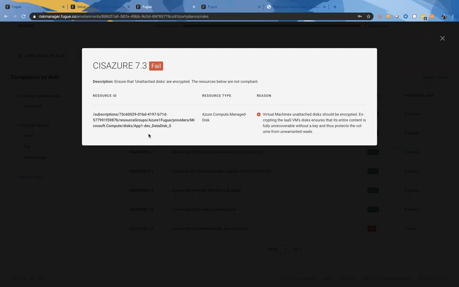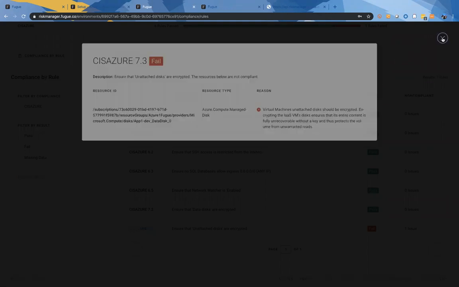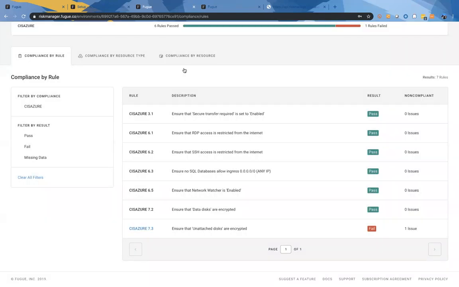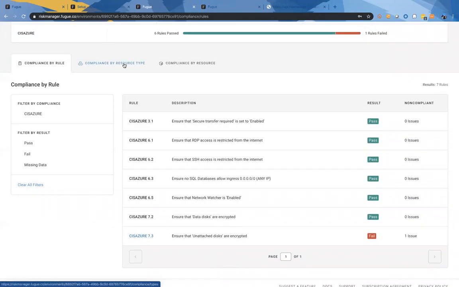So this is telling us that there is an unattached volume and it needs to be encrypted. So obviously something very important to security, not only just security, but compliance as well. In terms of the views, we can also